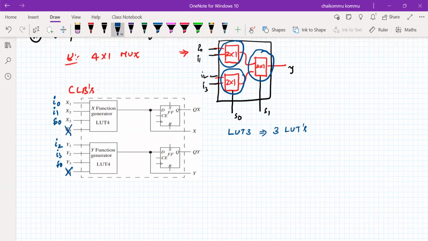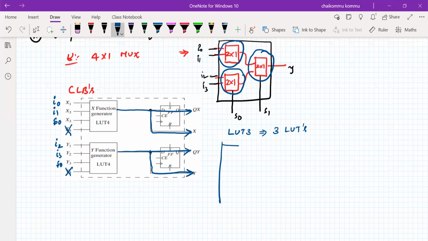So here you can see that the output is connected through the multiplexer, it can go, or directly available as this information. So it can go directly through, or it can go through the, sorry, not multiplexer, a flip-flop, or it can go directly something like this. So therefore the information is available here.